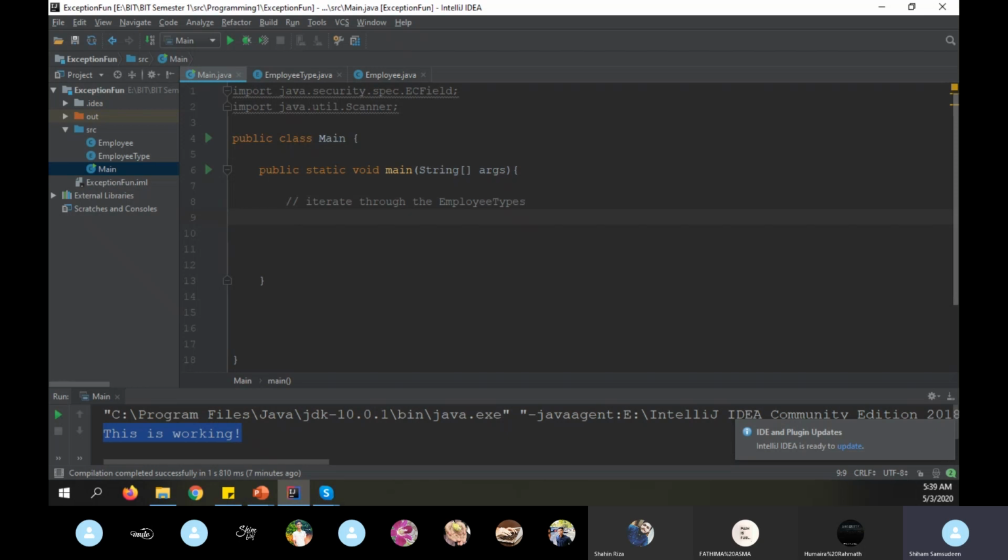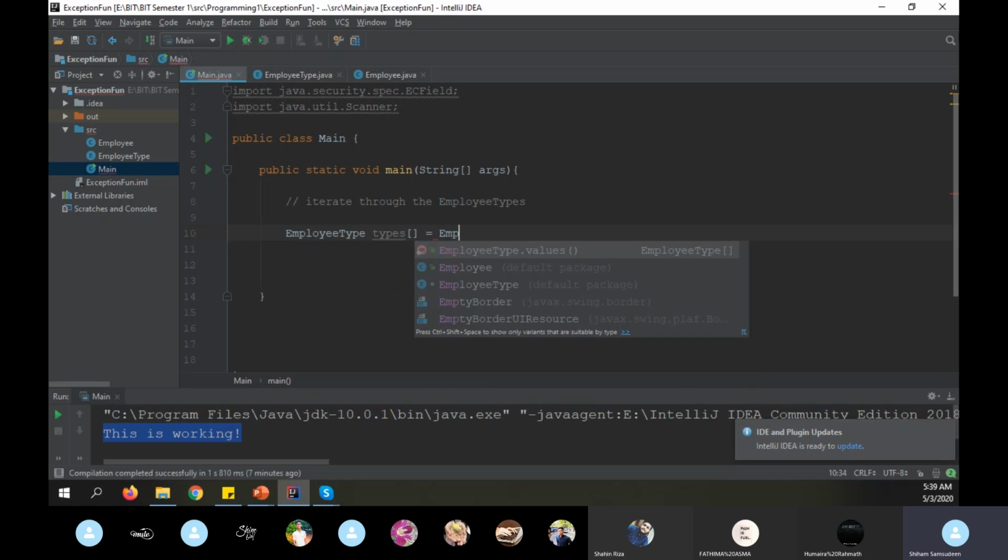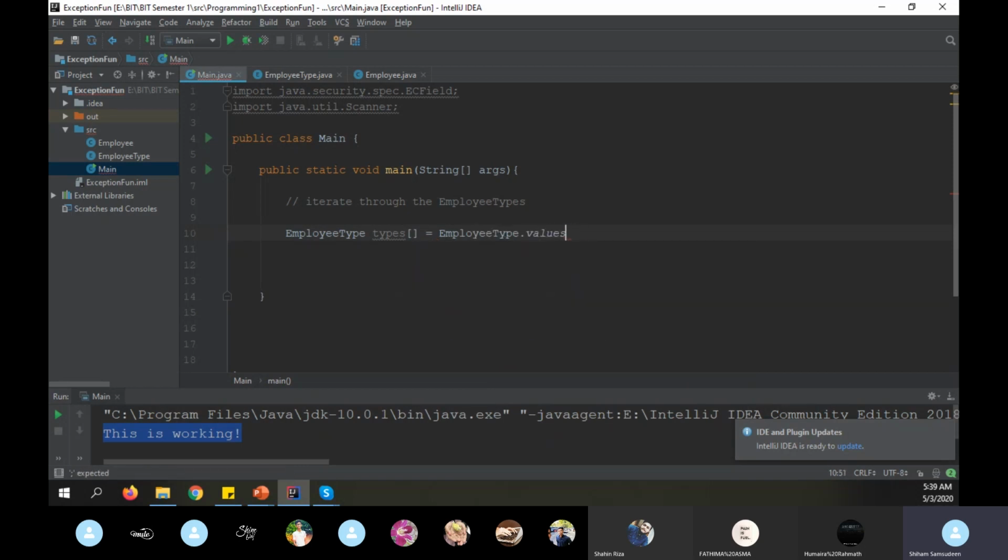How do I do that? Not Apple, I should be using employee type. Here I would say type. So this is my variable and it's an array, and I would say EmployeeType.values. If you hover over this,